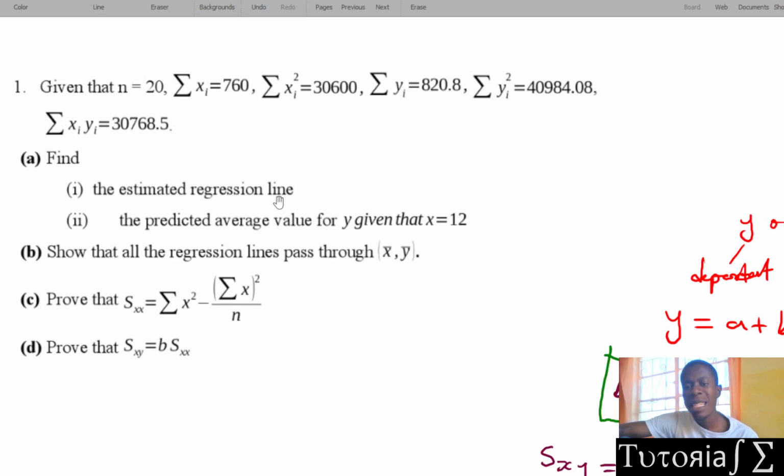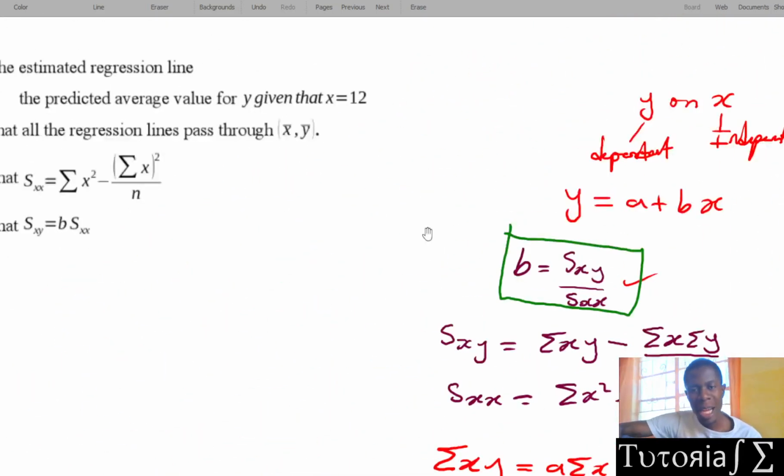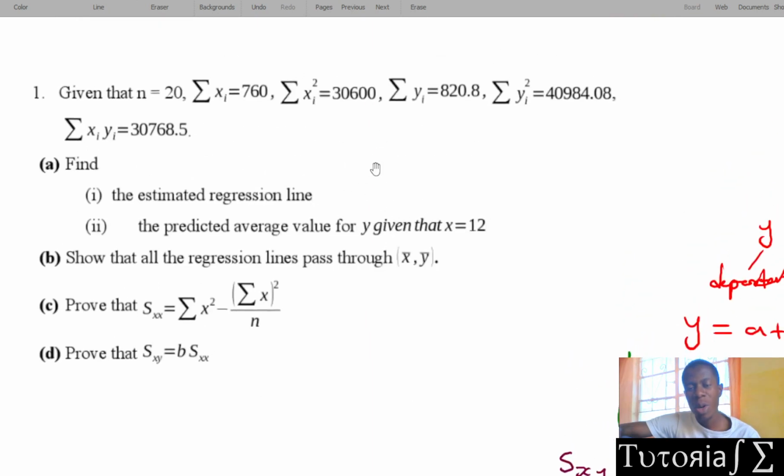You're asked to estimate the linear regression line. So you've not been told if it's for x on y or y on x. But what you should know is that if they've not said, they're looking for the regression line for y on x. If you've not been told, you'll be told when it is for x on y and y on x. I know someone out there is asking, how do you know? Sometimes you just see from the question how it will be phrased, and you'll be required to determine which one is the independent variable and which one will be the dependent variable. Okay, so now on to question number